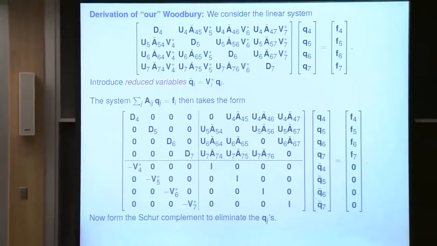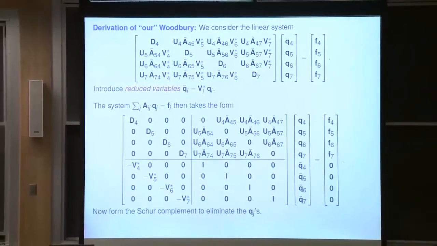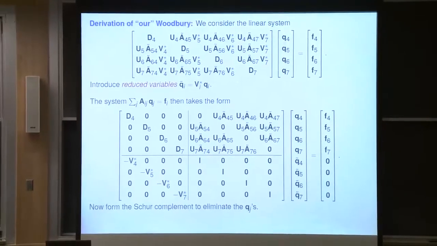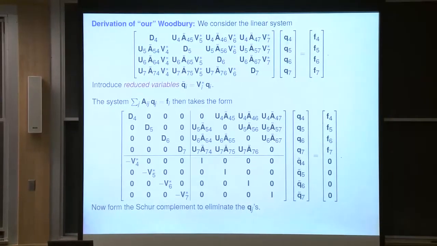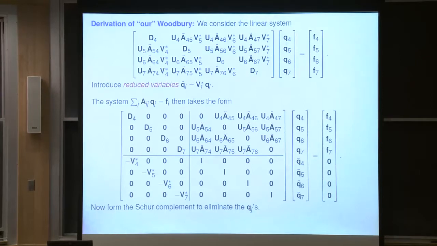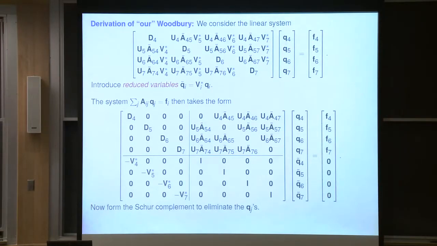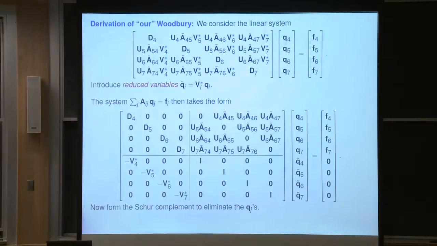Okay, so here's the original system that we want to solve. Here's the coefficient matrix. The unknowns are the sources Q, and we're given the incoming potentials, or some external potential, I should say, F's. Now, what I'm going to do is introduce reduced variables. And we're going to talk more about the physical meaning of these reduced variables tomorrow. But they're really compact